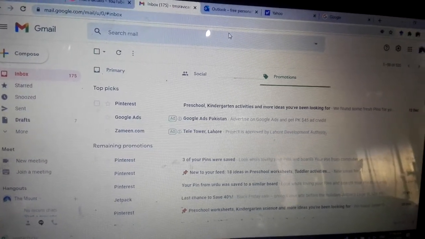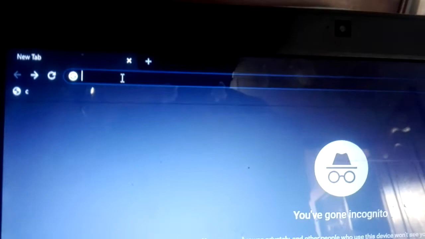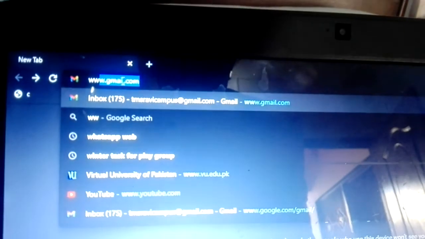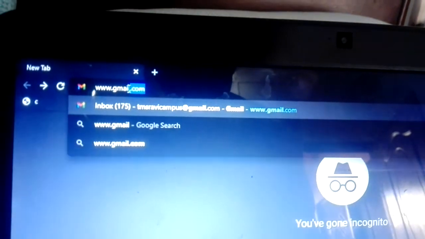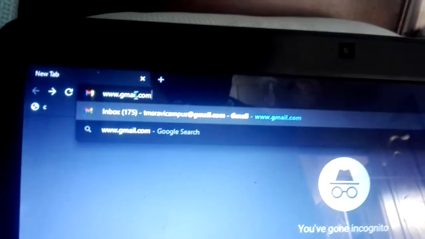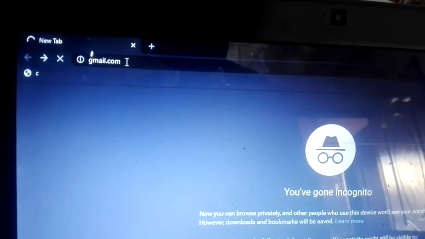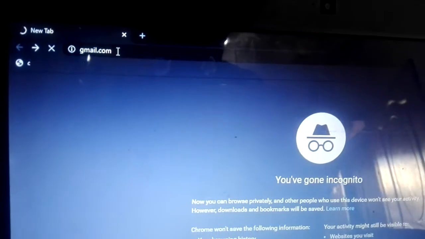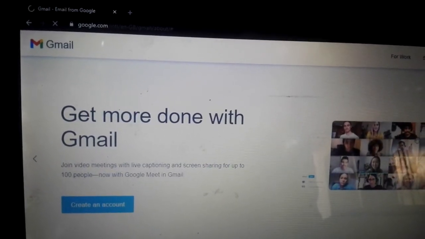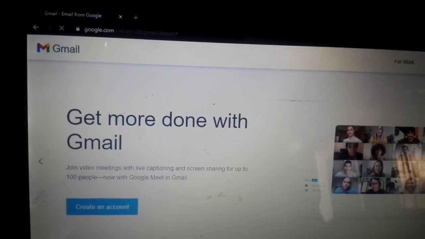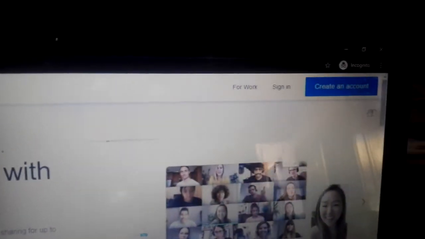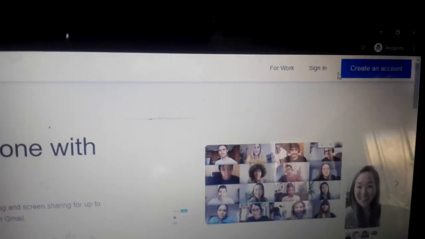Like, see, if I write here in the address bar www.gmail.com, and when I enter, this window will open. By clicking this sign in, we can sign into our Gmail account.